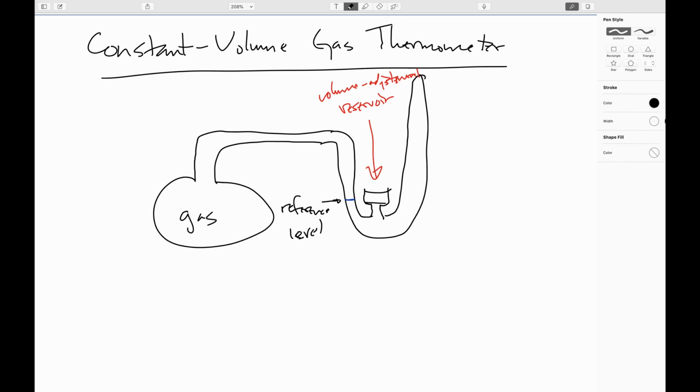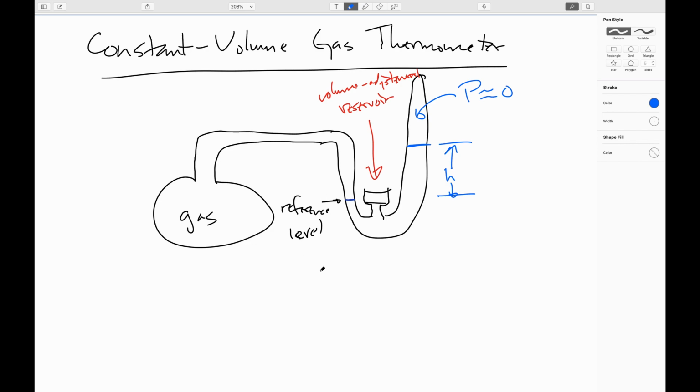And then on the other side over here, you'll have some more mercury here. And the idea is right here, this is evacuated, so the pressure here is basically zero, not counting a few random mercury atoms that happen to be floating around. So what you can do is you can measure this height. Now, the height that you have there, as we'll see a little later, is directly proportional to the pressure of the gas. And by carefully adjusting this so that there's always the same volume of gas in here out to there,